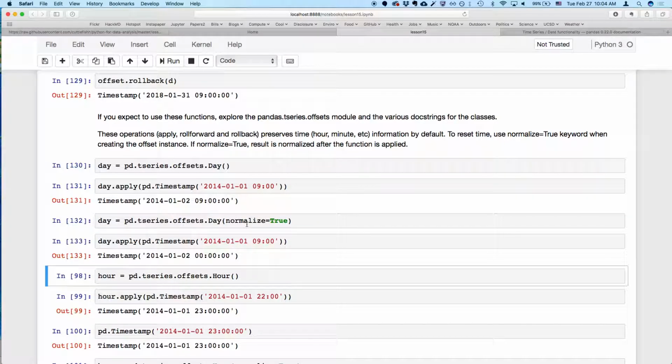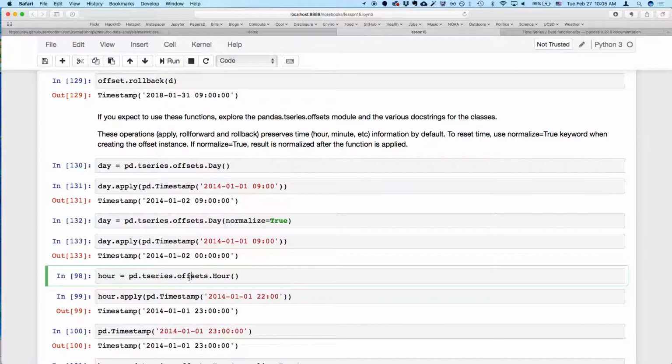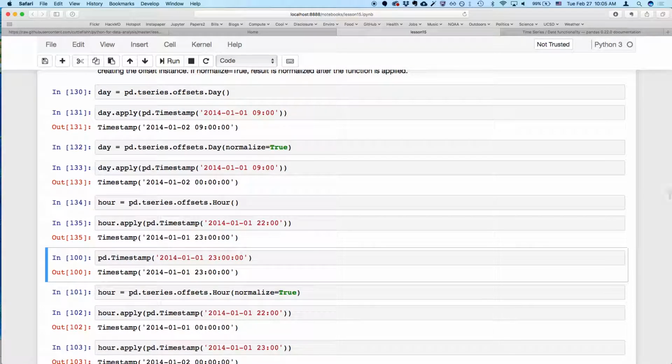If we set normalize equals true, it will reset the time to midnight instead of 9 a.m. We can also roll forward an hour or offset an hour,